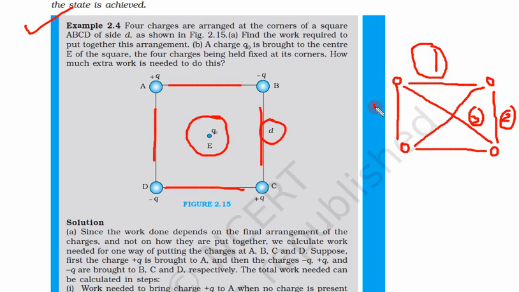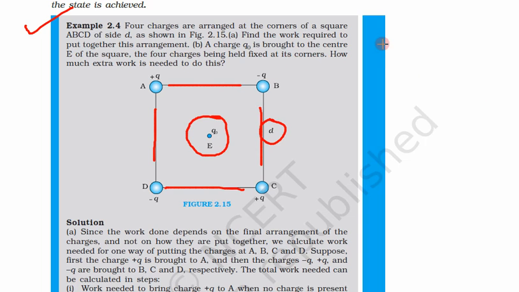So this is the fourth term, and this one is fifth, and this one is sixth. So we need six terms for four particles. For two particles we need only one term, for three particles 1, 2 and 3, and for the fourth particle we need a total of six terms. So this is a similar kind of arrangement which we solved last year also. Only thing is that last year the potential was gravitational potential.